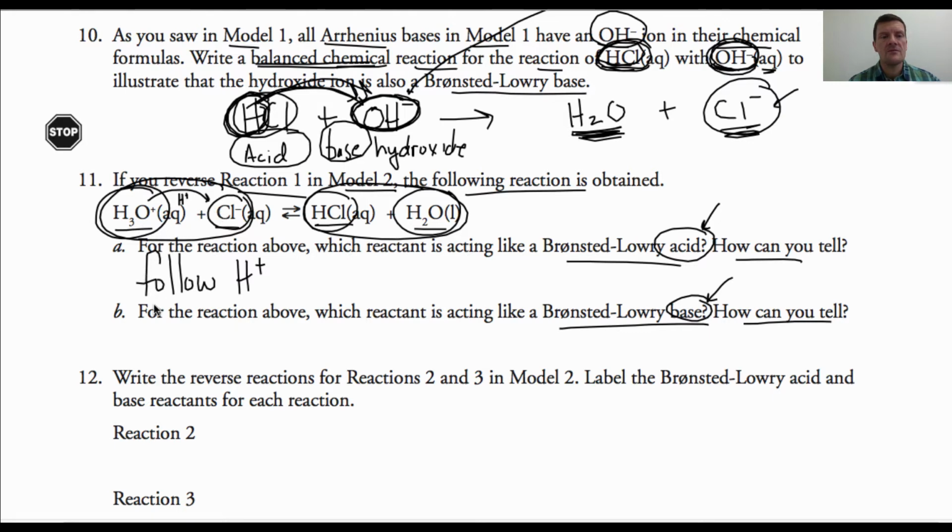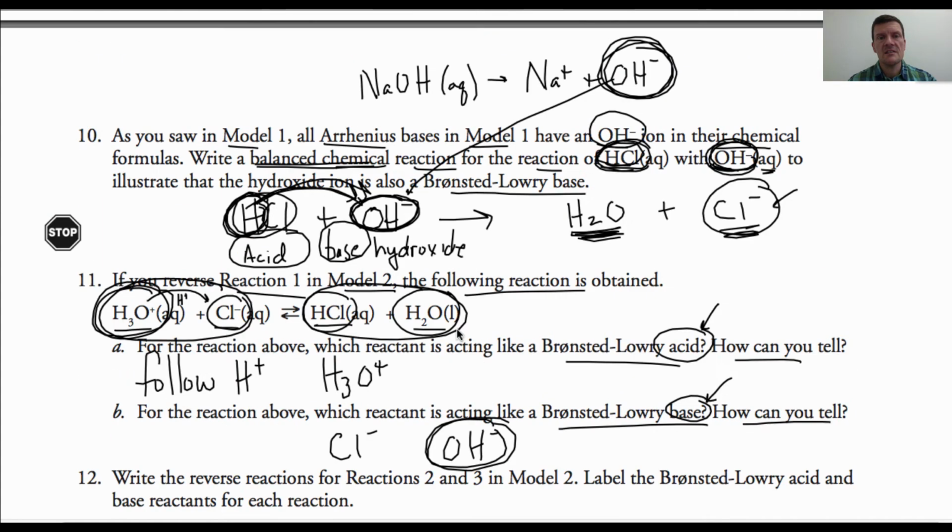We can now identify which is the acid, which is the base. The hydronium is your acid. Cl negative is acting as the base. I know the Cl negative doesn't have OH in it. I know that. Okay? But this is the